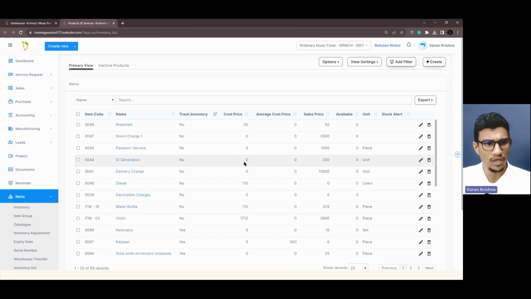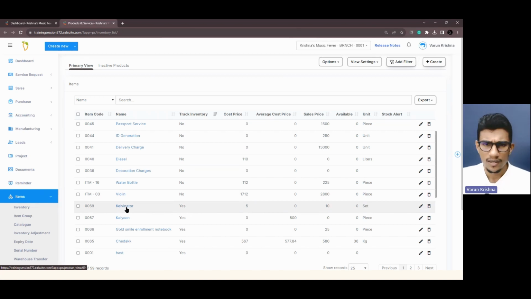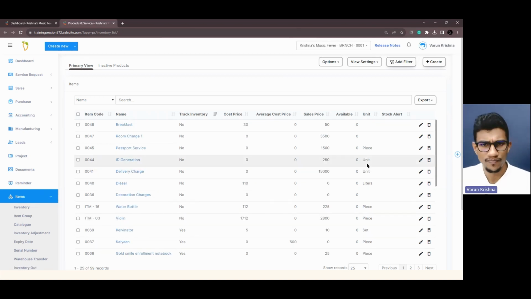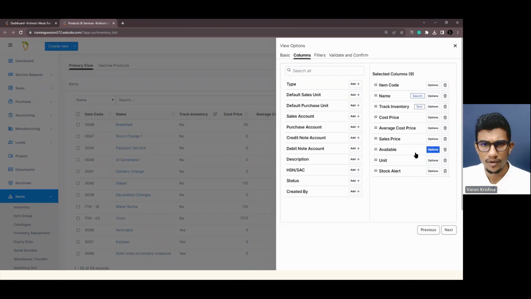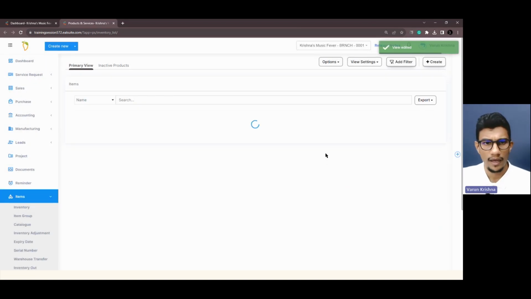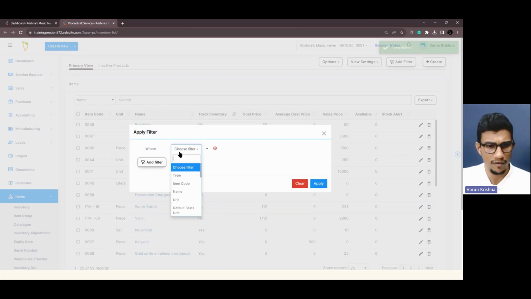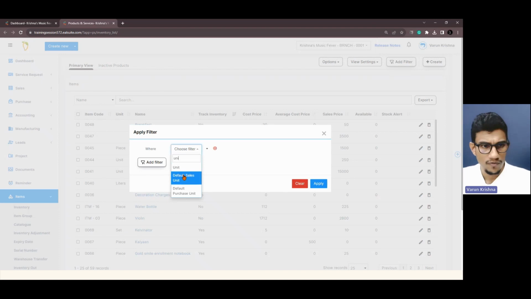So we'll do one thing: we'll change this into a different unit, or maybe pieces into kgs or something like that. Set. Yeah, I'll do one thing. Let me just edit this view. I'm taking this unit up here, and I'll be changing the view. I'll be adding a filter here. Let me add a filter like for units which contains